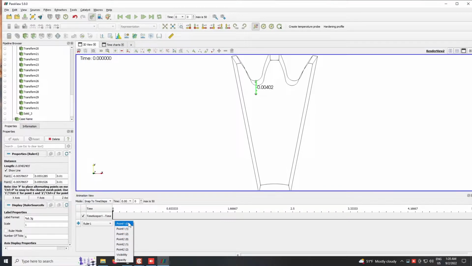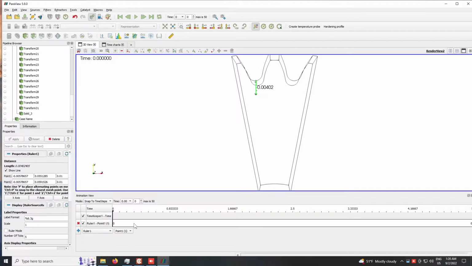This might be a bit confusing in the beginning, but here you can see our points in three axes, which is y, x, and z. X, y, and z. According to this panel, it goes in the same order. And for the second point, it is x, y, and z. So we're interested in the first point in y-axis, and we press the plus button, and we've added it over